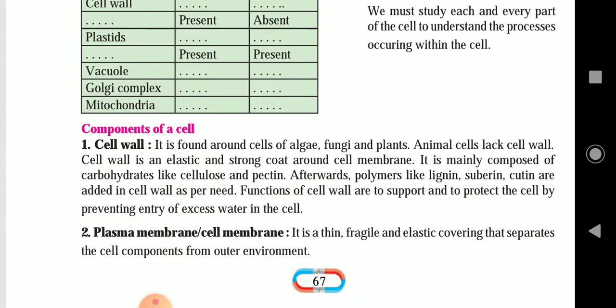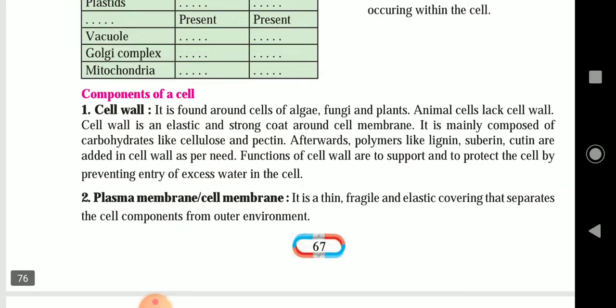All those you require to study, that is what it is made up of, its outer covering, as well as what is needed. Different types of proteins and polymers help this cell wall to be formed. You are required to know the function of each cell organelle.